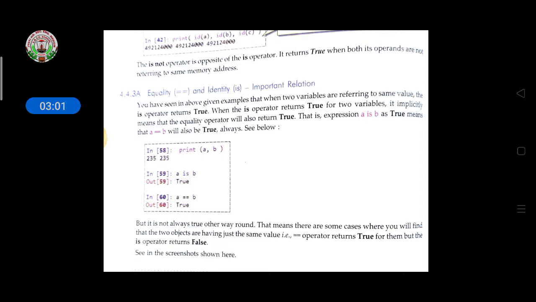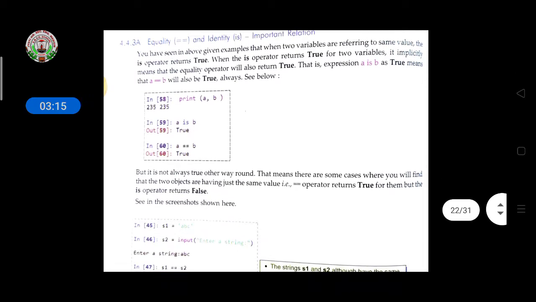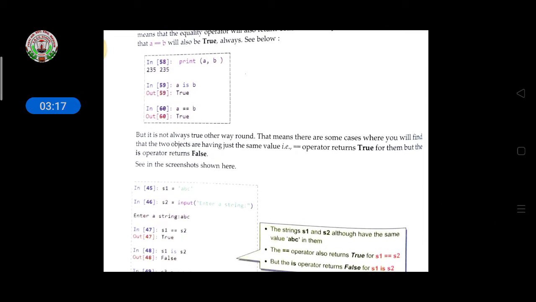That is, the expression A is B being true means that A equal to B is also true. But it is not always true the other way around.